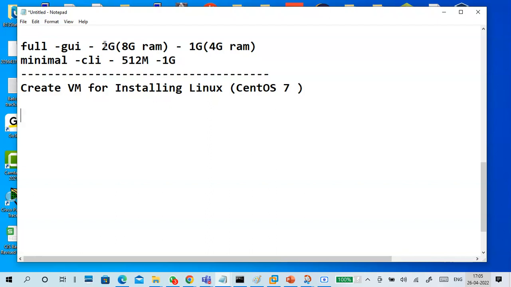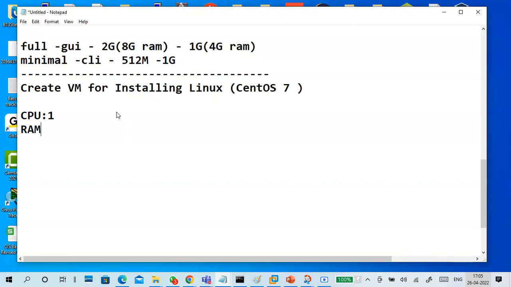So I already told you 2 GB RAM is required, or 1 GB, depends. Last time a few batches used GUI, the last 3 batches. Batch 15 and 16 also use 1 GB and they are working, no problem. Batch 13 also GUI, I think. From 13 onwards I'm using GUI. Earlier it was CLI, I forcibly used CLI.